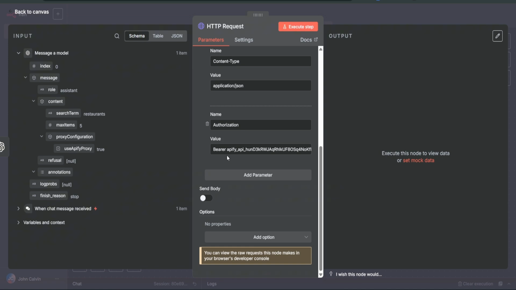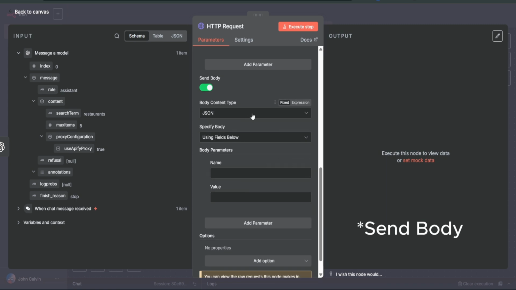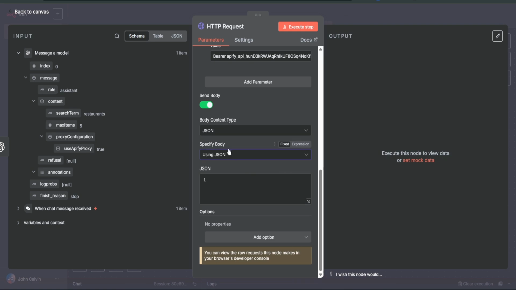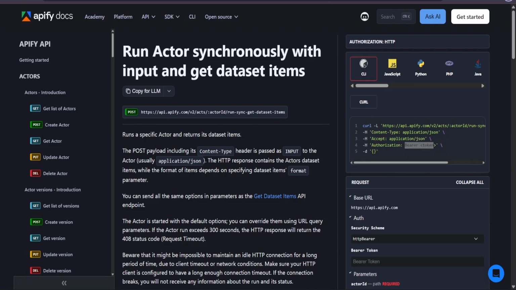Yes, like that. So remember, it's important to have the space here. Next, we are going to send headers, and we are going to define them by JSON, using JSON for the specify body. We will go back to our Yellow Pages